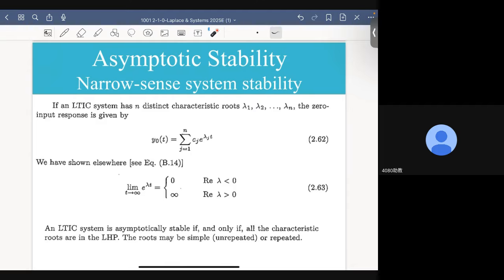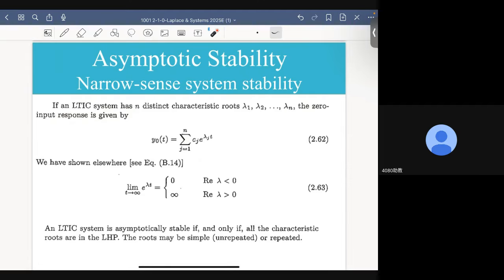If an LTIC system, and LTIC stands for linear time invariant continuous system, has n distinct characteristic roots, let's just assume for the sake of simplicity that all the poles are real, distinct, non-repeated real numbers. Now the zero input response is given by this. Now it can be shown that